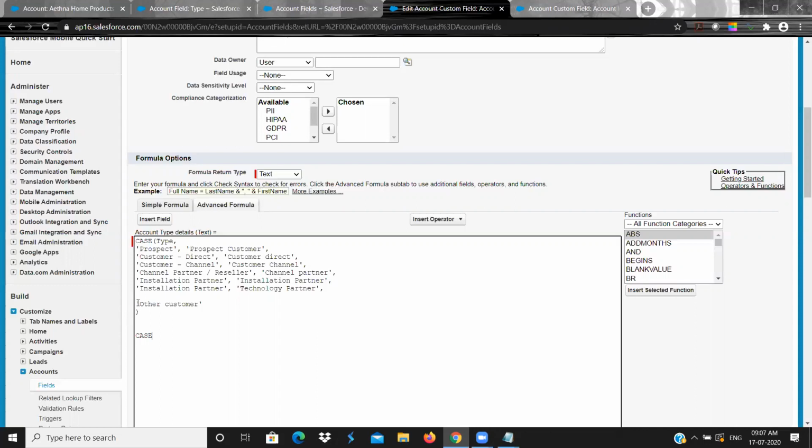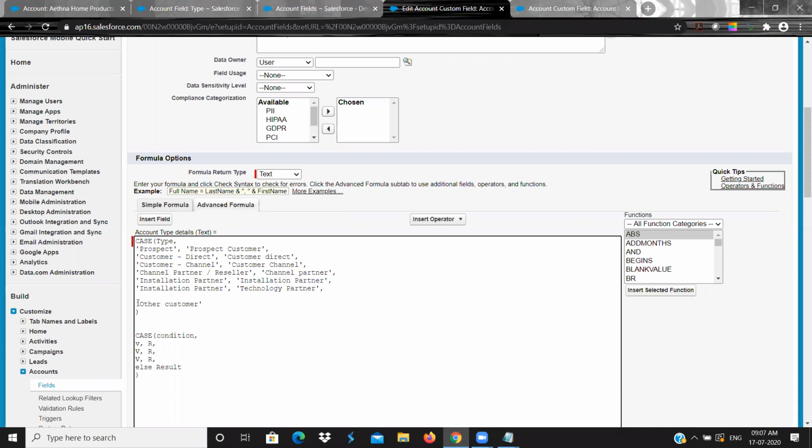CASE: condition, then value, result, value, result, value, result, then the else result. So like that it is there, right? Here if you finish this without it, it will throw an error because it compulsorily needs the else result.